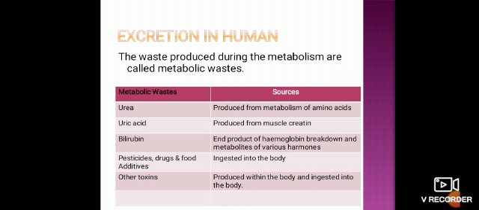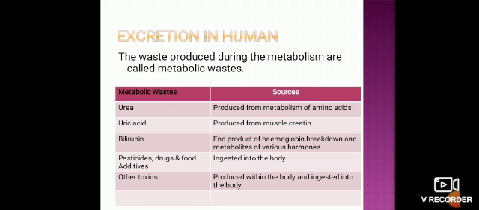The waste produced during metabolism is called metabolic waste, and some of the sources are described here. Urea is produced from the metabolism of amino acids. Uric acid is produced from muscle keratin, and bilirubin is the end product of hemoglobin breakdown and metabolites of